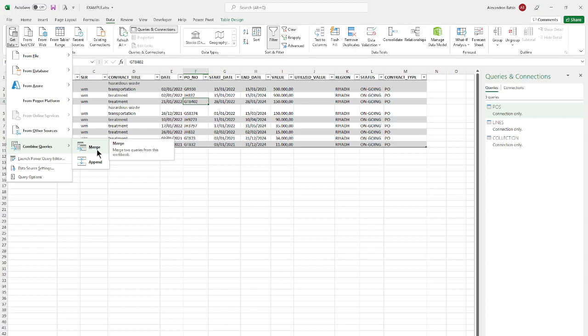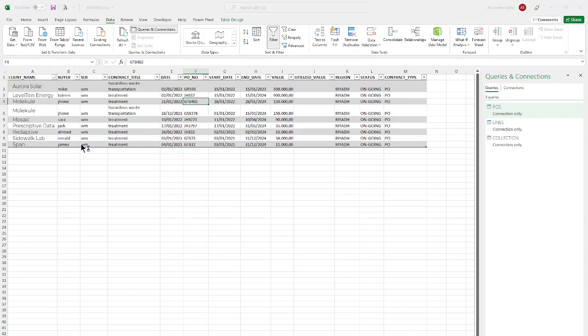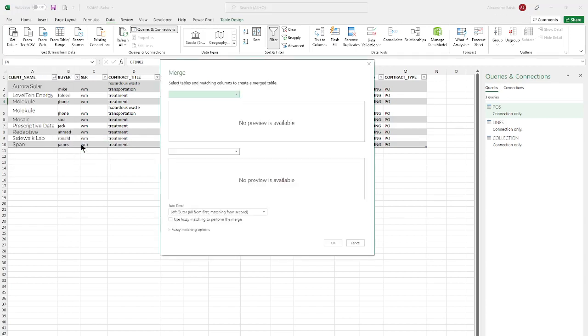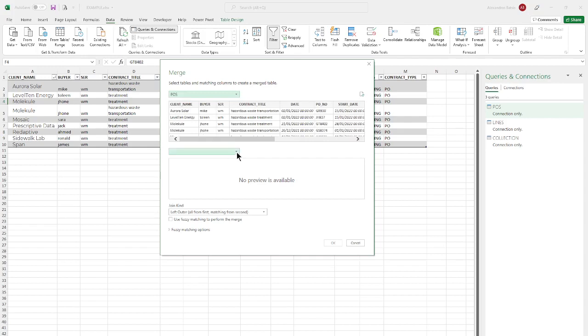It just takes the one table, picks the other table and puts them together in one table and mixes everything up. We don't want that. We want to merge them. You press the merge. And now it is asking which tables you want to merge. The top table here is the main table, the POS table, and the bottom table here is the merge table, the lines. So we select here POS, we select here lines, and we have now to select the joined key,